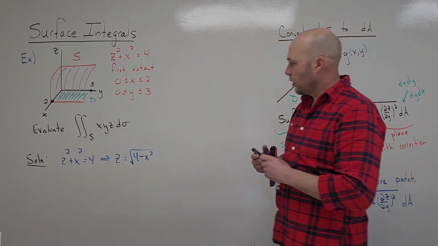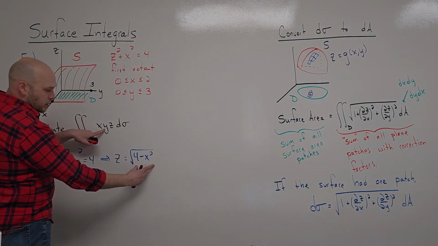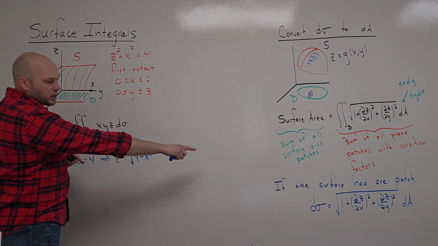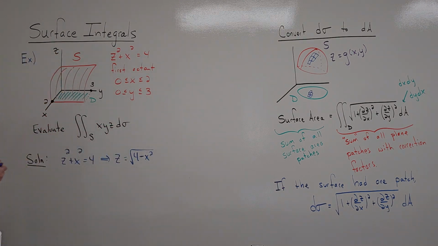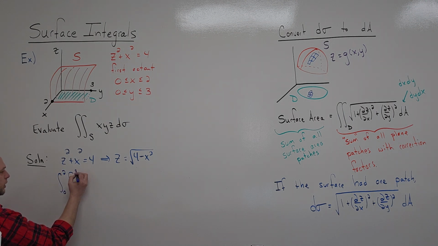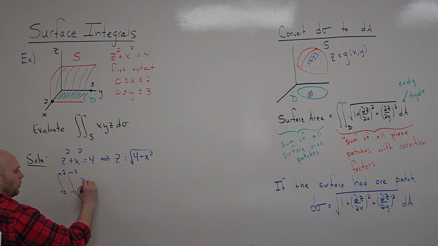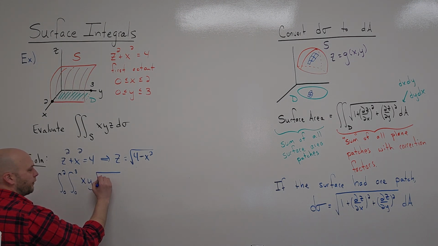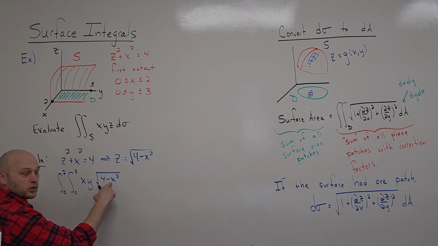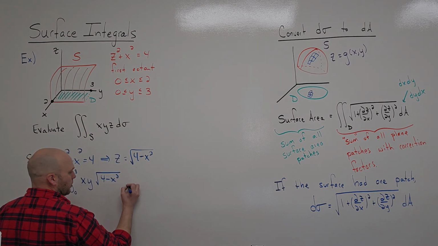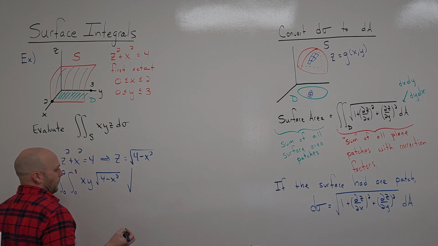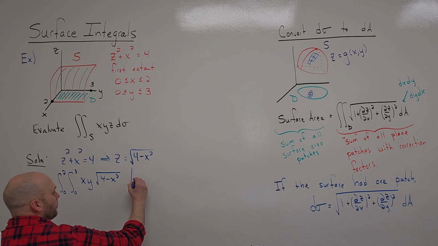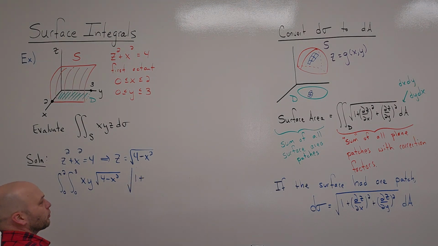So therefore, the integrand is going to be x, y, and then times this in place of z, and then my differential is going to get replaced by that expression down at the bottom. So here's the integral that we're going to compute. We're going to look at the integral from 0 to 2, integral from 0 to 3 of x, y, square root of 4 minus x squared, so there's my xyz, and then for my d sigma, that's going to be the square root of 1 plus, so it's the partial derivative